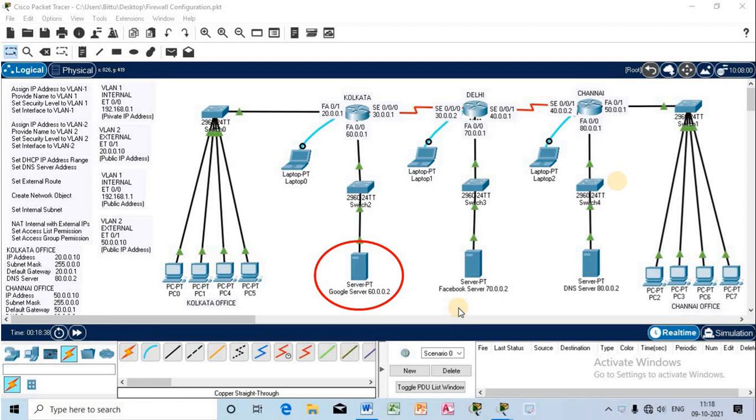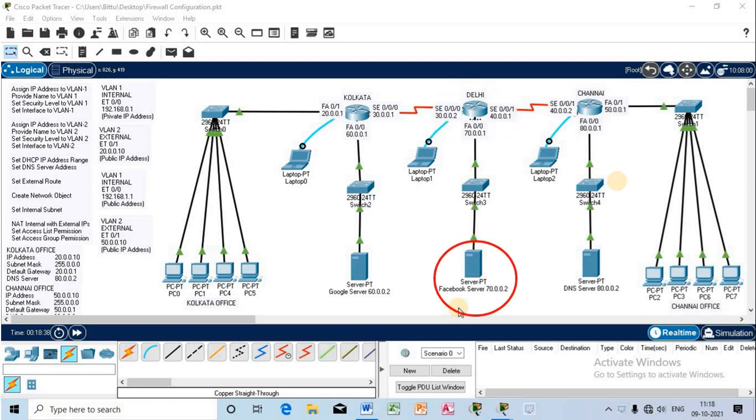In reality the IP address of the Google server is not the same, but for understanding in this tutorial I have attached this Google server with the Kolkata router, and I have assigned the IP address, as you can see, 60.0.0.2. Also I have established a router at Delhi. The Delhi router is connected with the Kolkata router having 3 ports. Also the IP address has been assigned. You can observe.